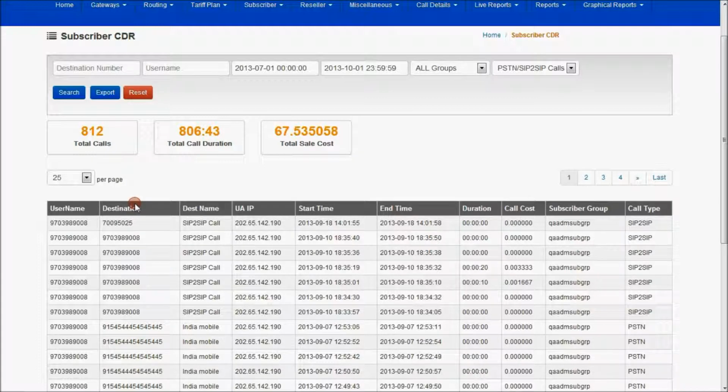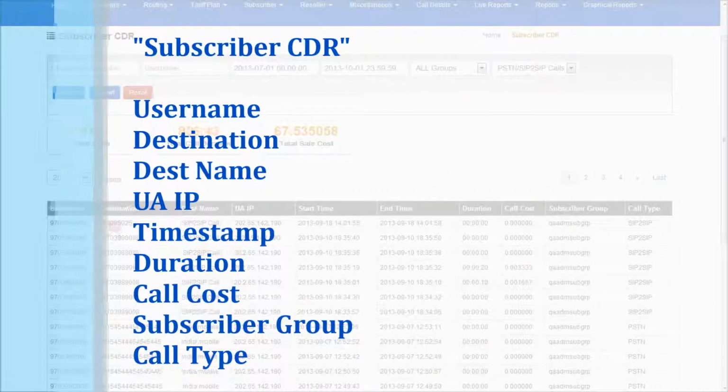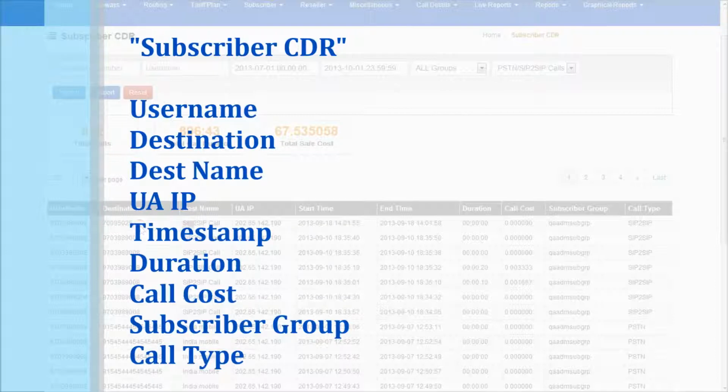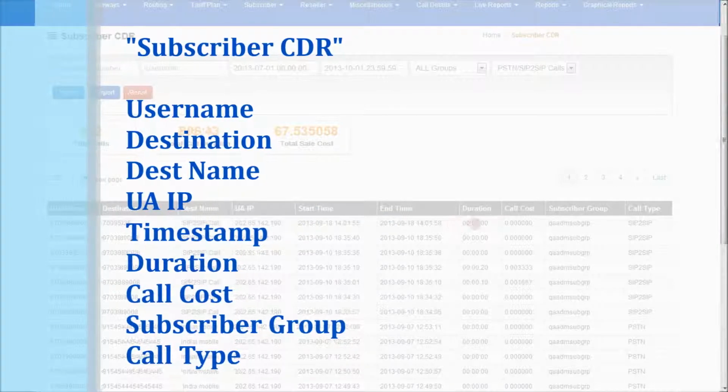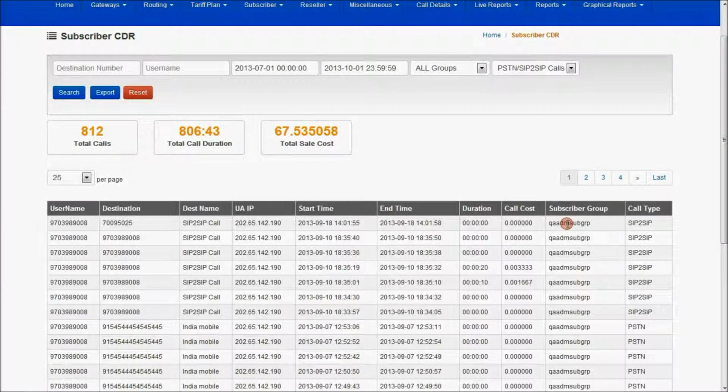As I already explained in the admin CDR, the username, who is the subscriber name, and the destination number he initiated the call to, and the call type, which may be a SIP-to-SIP pin-to-pin call or a destination PSTN call, and user agent IP, start time, end time, duration, call cost, and subscriber group. The subscriber group the initiating subscriber belongs to will be displayed here, and the call type is also displayed.